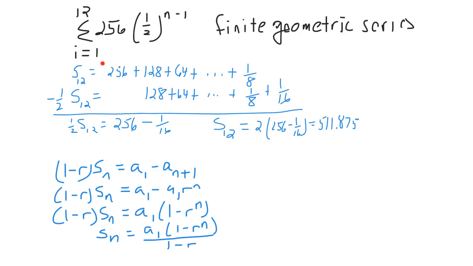Notice that I can write out all the terms in the sigma notation. I've skipped a few, but I put the first 3 and I put the 12th one in there. And then I can multiply all of those terms times this b value. So that's 1/2 times the original summation. So half of this is here, half of this is here. And a half of 64 is 32, and a half of 1/8 is 1/16. Then when I subtract down,